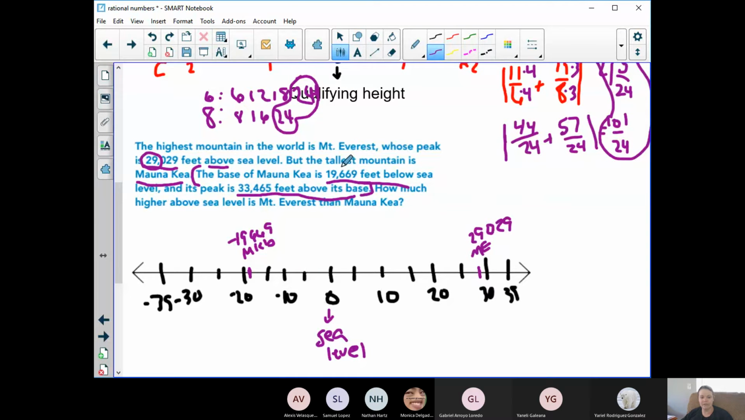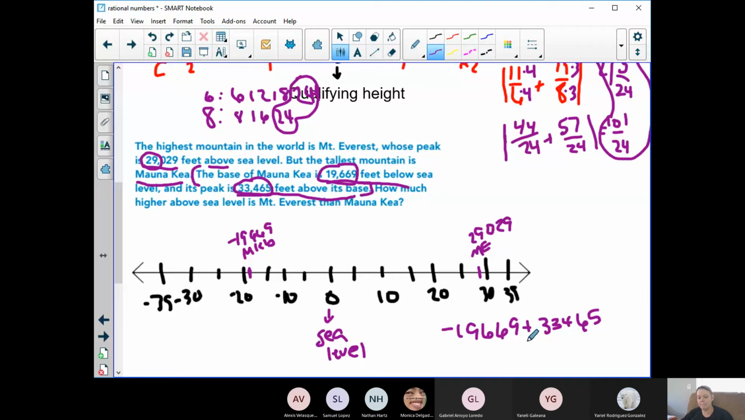What do you think? What am I going to do with this number and this number? Very good, Nathan. All right, so we're going to take that negative 19,669, and we're going to add to it 33,465,